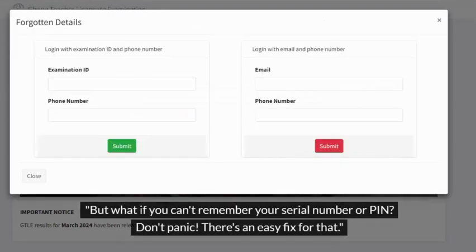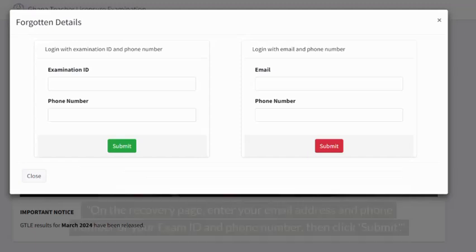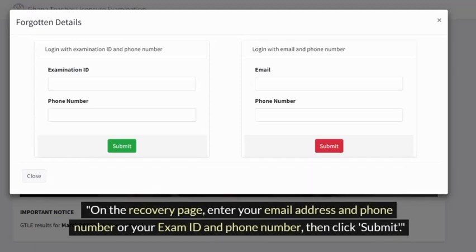But what if you can't remember your serial number or PIN? Don't panic. There's an easy fix for that. Just click on the link that says click here on the login page. This will take you to the recovery page where you can log in with either your email and phone number or your exam ID and phone number. On the recovery page, enter your email address and phone number or your exam ID and phone number, then click